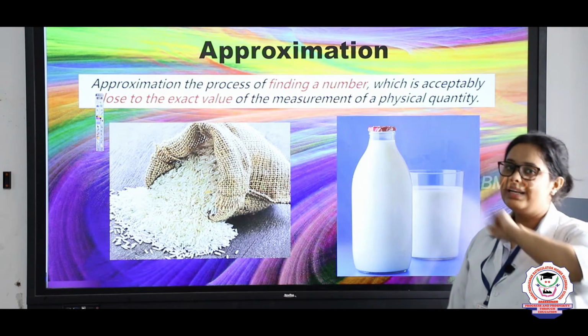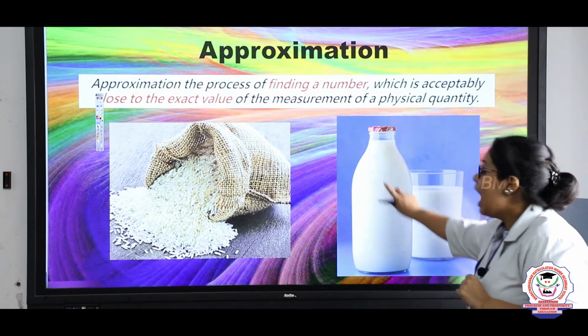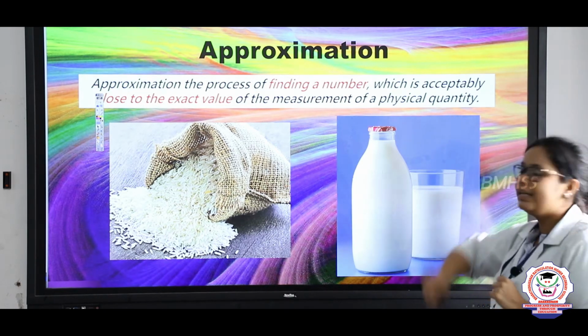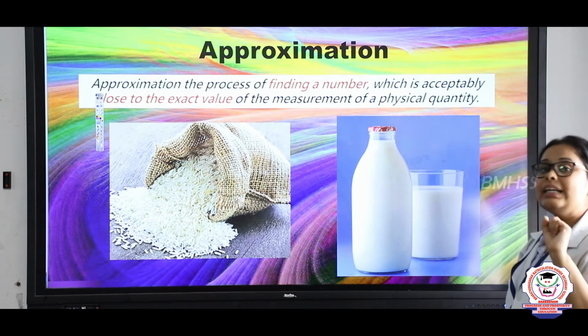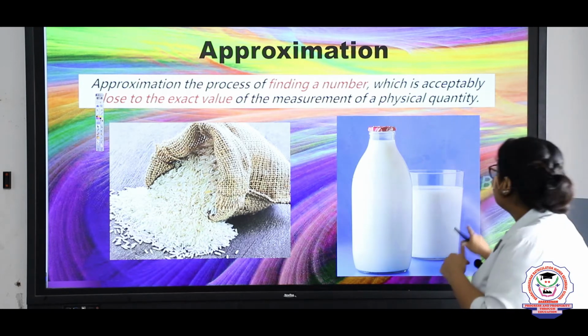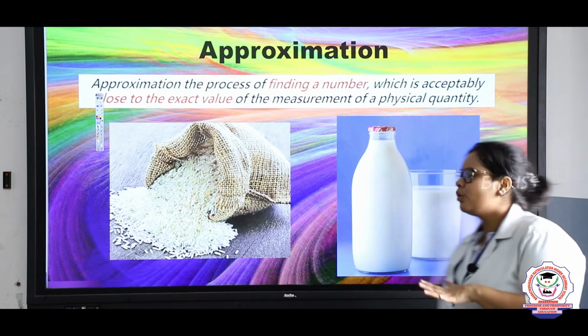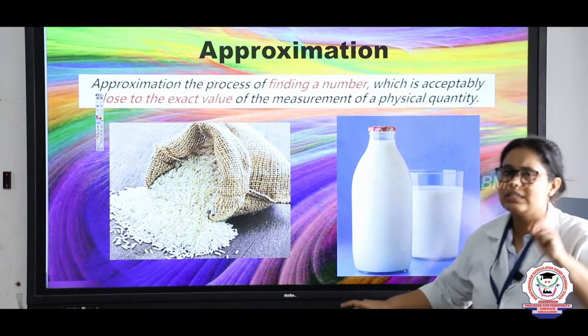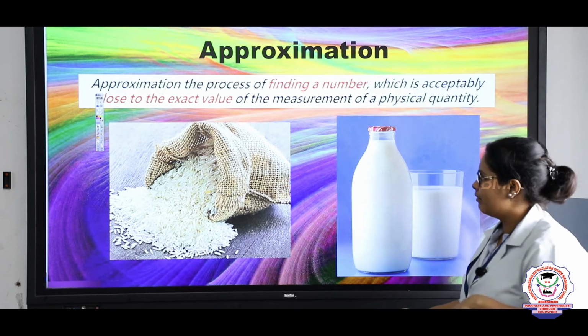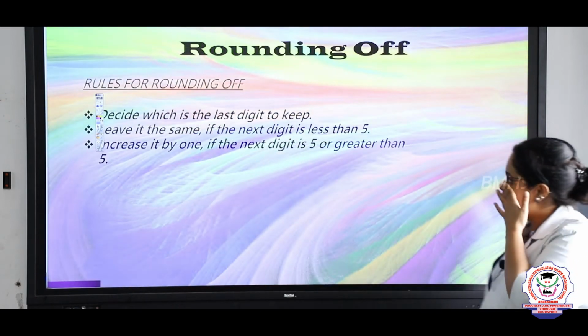It is 1 liter of milk or water, but how much amount I am transferring into a glass, that I am not sure about. So this is known as approximation. You can tell it can be a pav liter or even half a liter, right? So this is the approximation thing.